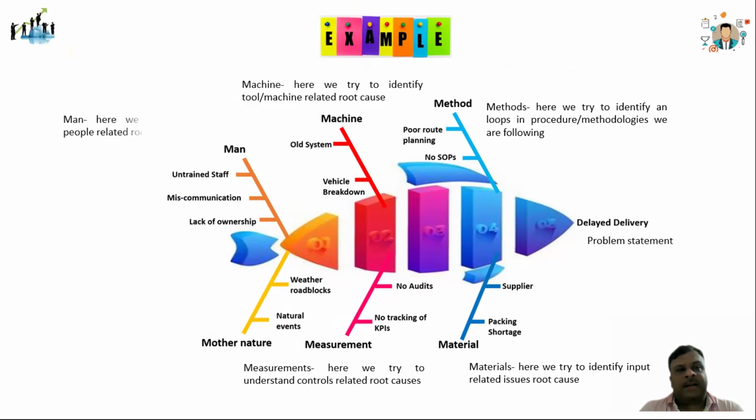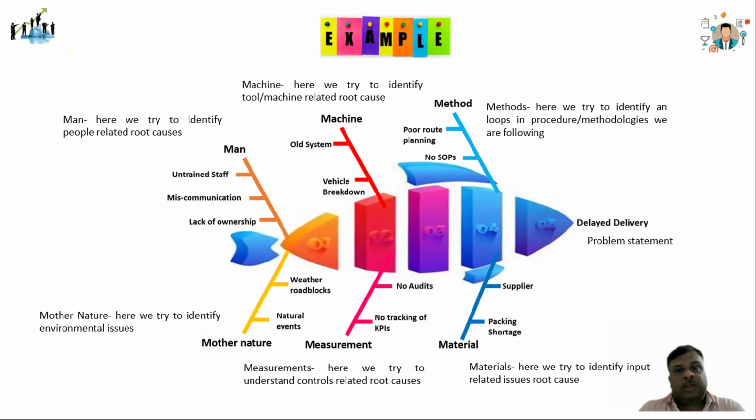Then we thought about the man. Here we are trying to identify people related issues like untrained staff, miscommunication between two departments, lack of ownership, which may cause delay in delivery. Then we thought about mother nature. It is nothing but environmental issues or challenges. Like I have mentioned here, as a weather roadblock, heavy rainfall or a nature event that may cause delay